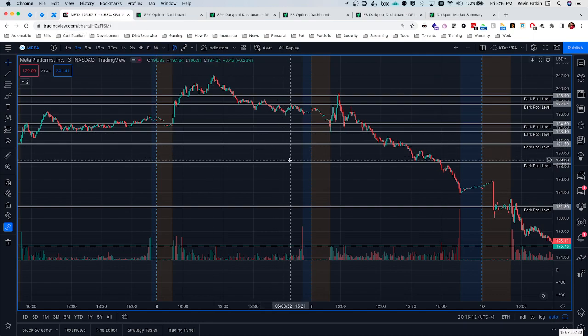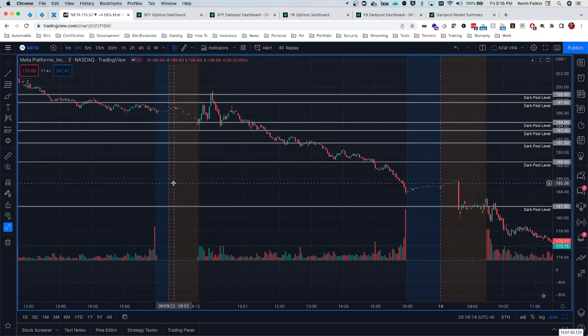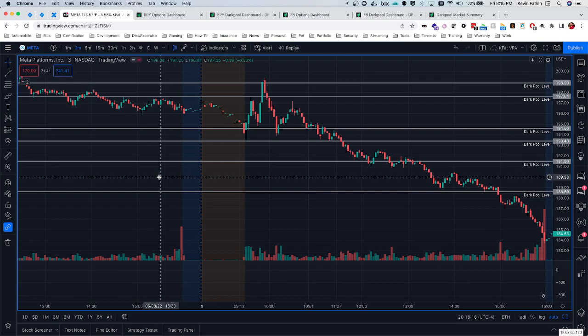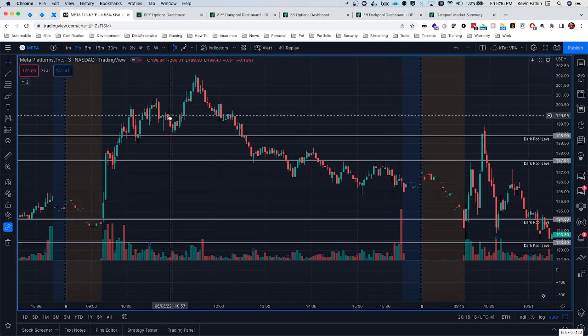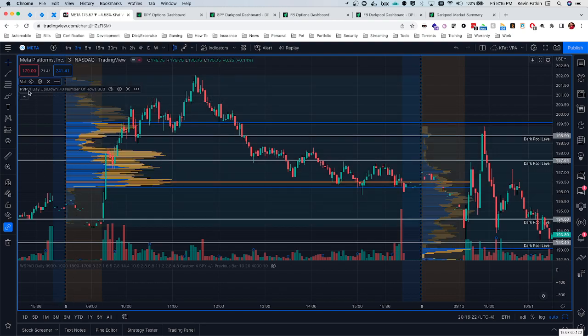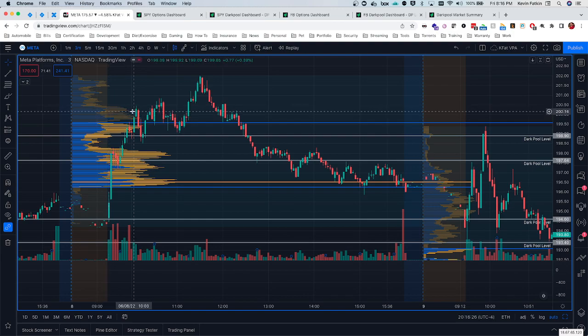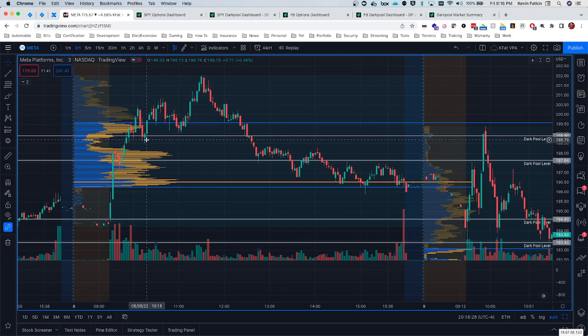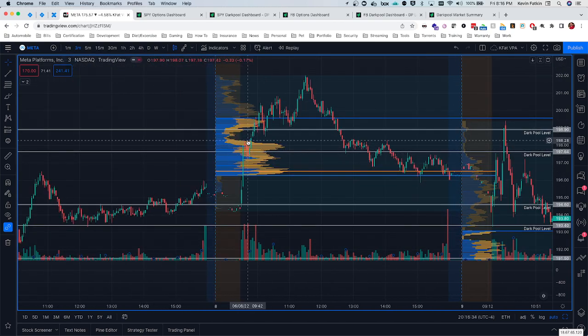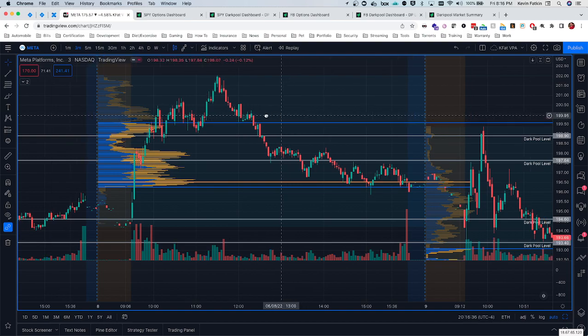So I ended up plotting those on Facebook just to show you. And what's amazing about this is if you combine this with volume profile, and if you haven't seen my volume price analysis series, I do dedicate a whole video to using volume profile. It is an incredibly powerful tool. And as you can see, if you combine volume profile alongside the dark pool levels and we have a bearish